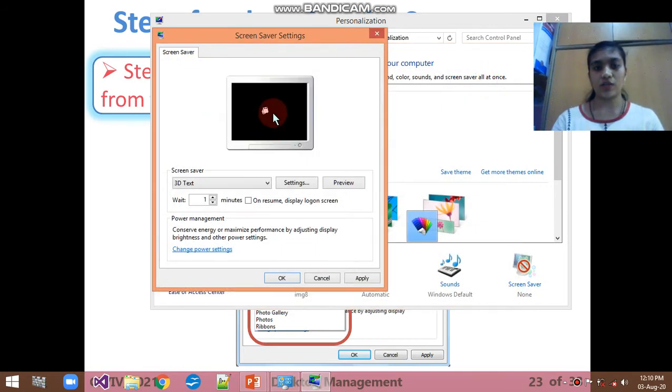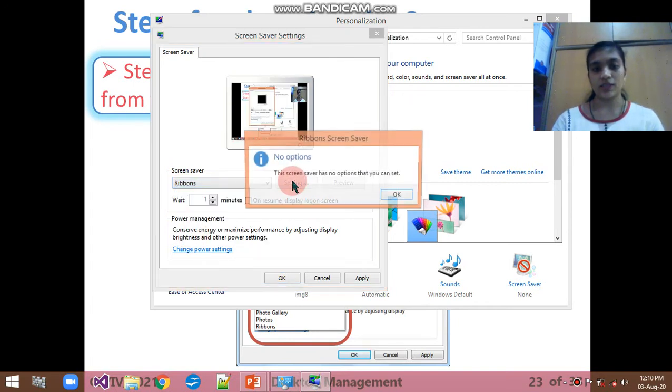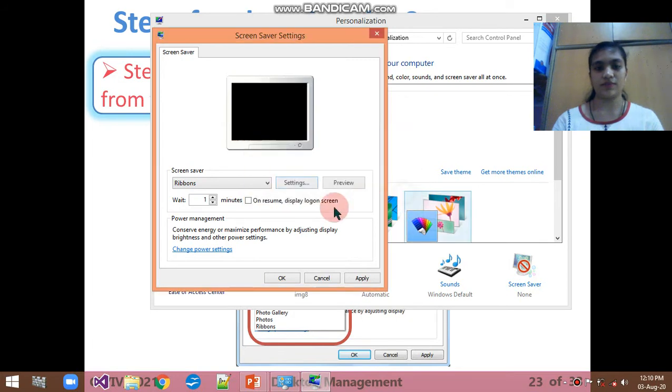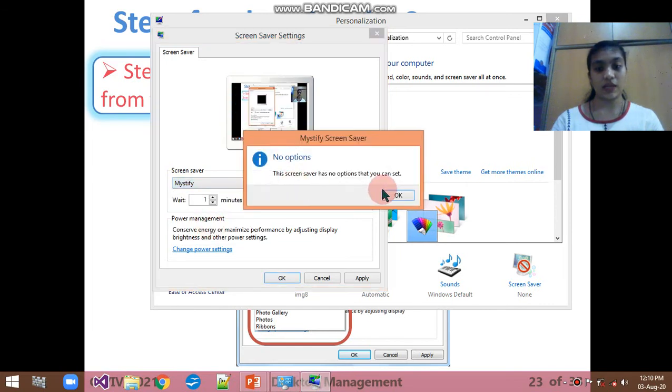Okay, here you can see that if you don't want to select that, for example you go to ribbons settings, that is also not set.